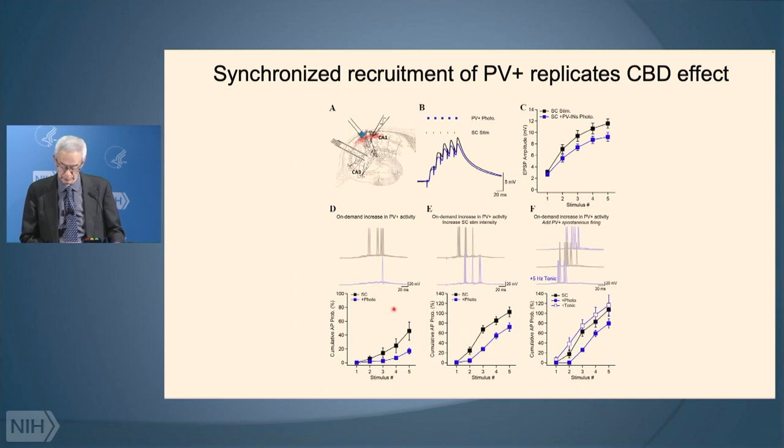And you could see that regardless of whether you have weak stimulation or strong stimulation, the excitation of the feed-forward inhibition mimicked the effect of CBD. This was not produced if we shone a very general and time-indiscriminate steady glow of light. Then we saw the exact opposite of this effect.